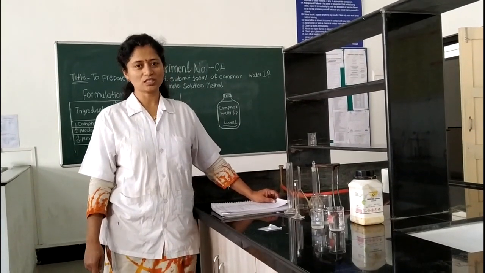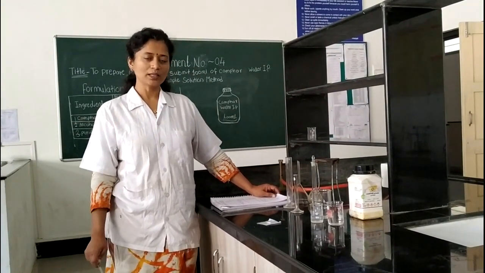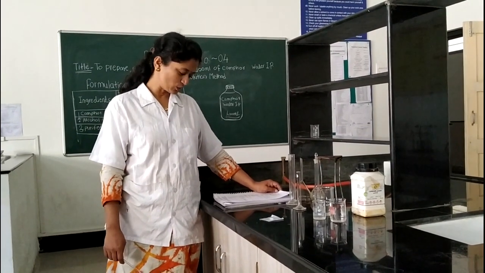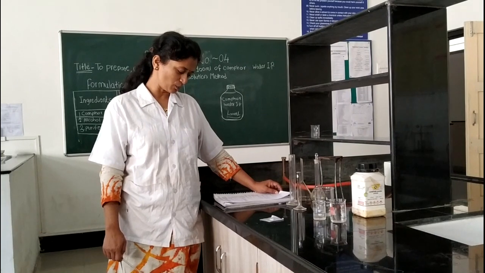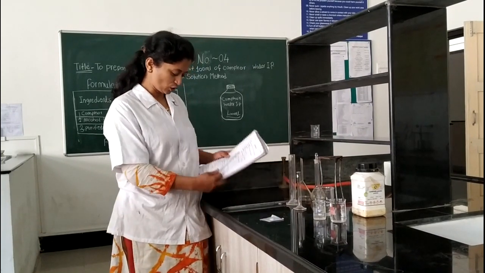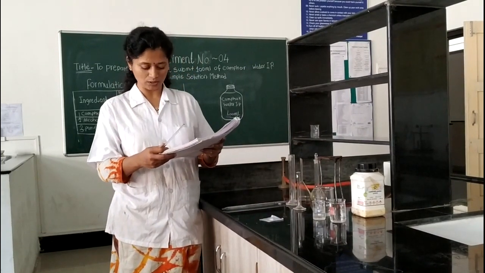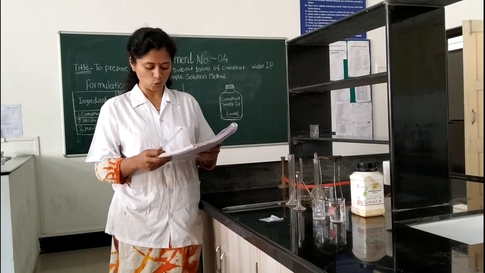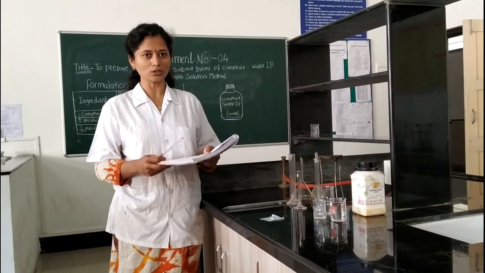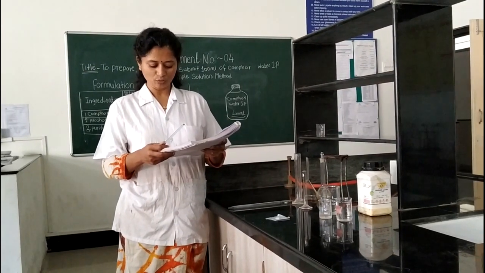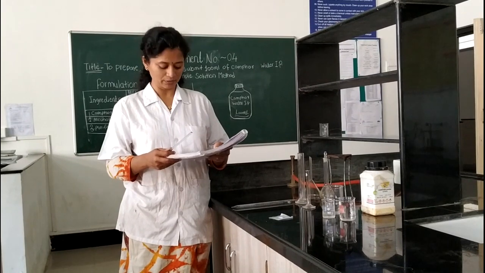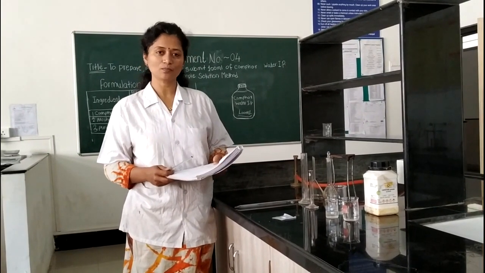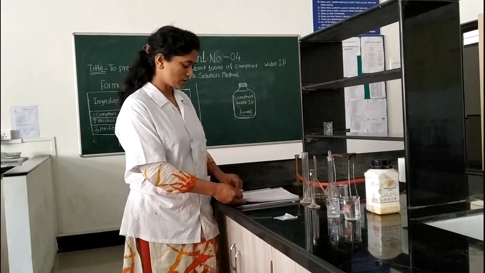While moving to the stepwise procedure, we have to keep in mind some points about camphor. Camphor is soluble in 1 in 700,000 parts of water, and the strength of camphor water is 1 in 10,000, which is near saturation. Camphor is much more soluble in alcohol than in water, and therefore it is prepared by dissolving the camphor in the alcohol and adding the solution in small portions. Let's move to the stepwise procedure.